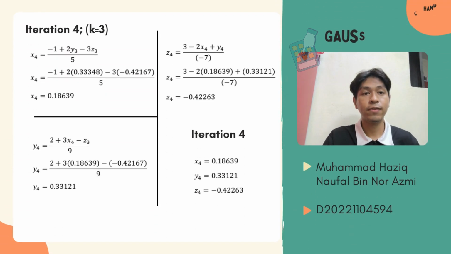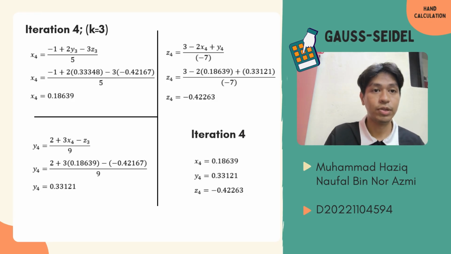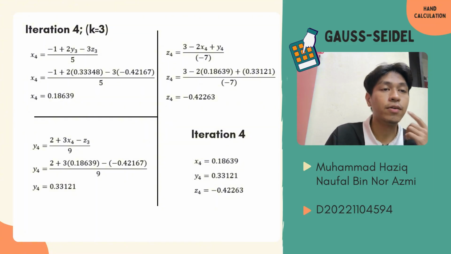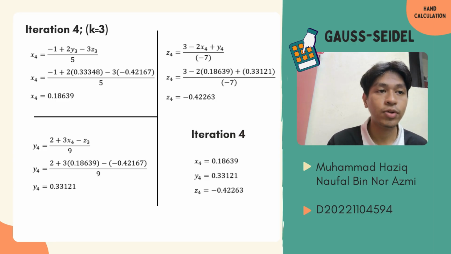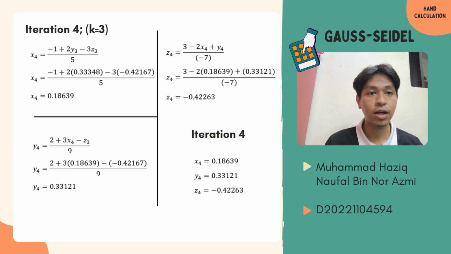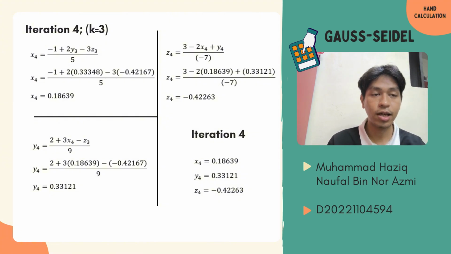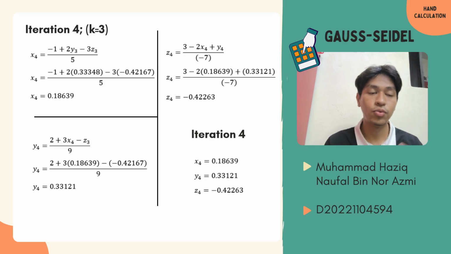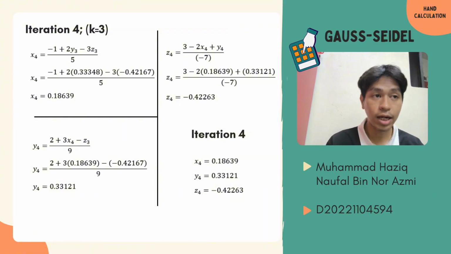For the fourth iteration, we use the same concept. For x4 we use y3 and z3 from the earlier iteration, and we got x4 equals 0.18639. And for y4, we use x4 from iteration 4, and z3 from the third iteration, and we get 0.33121. And for the z, we use x4 and y4 we got earlier, which gives z4 equals negative